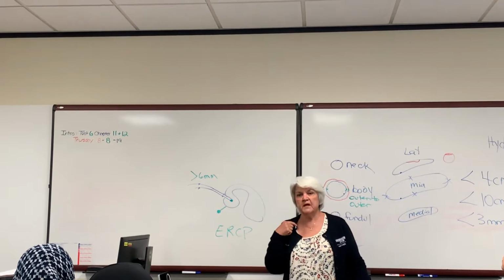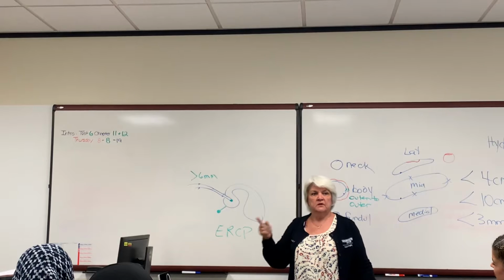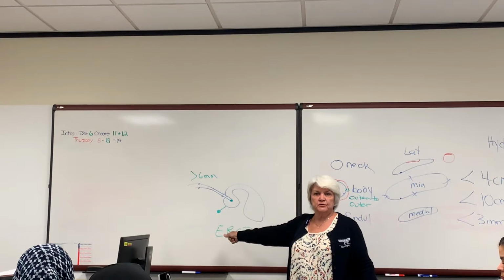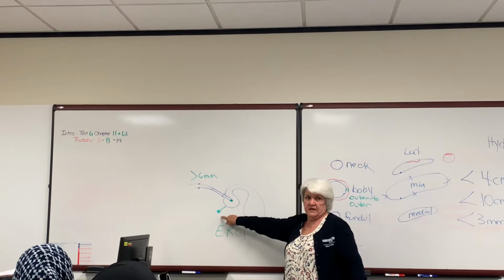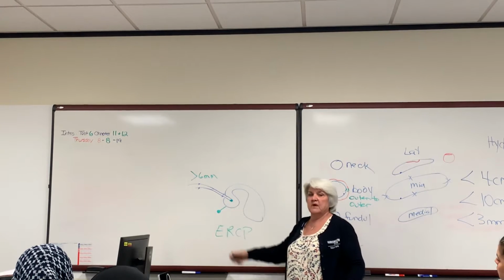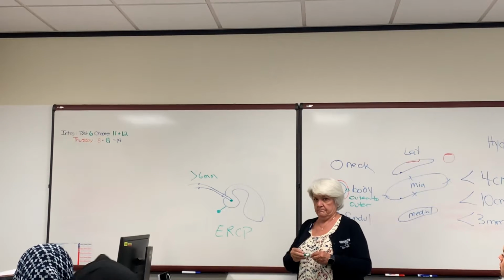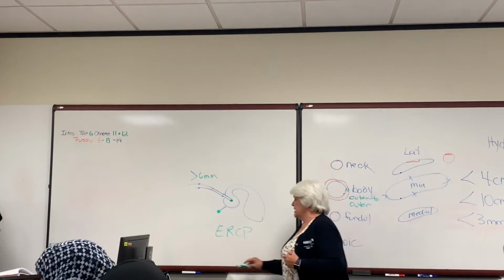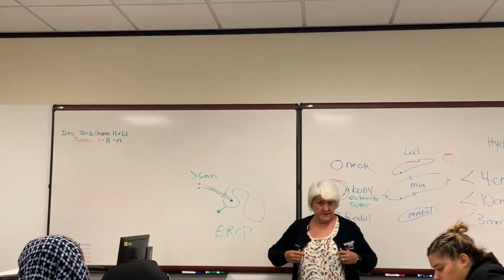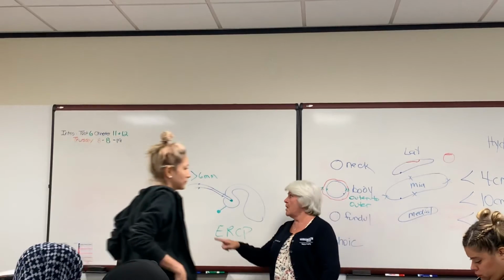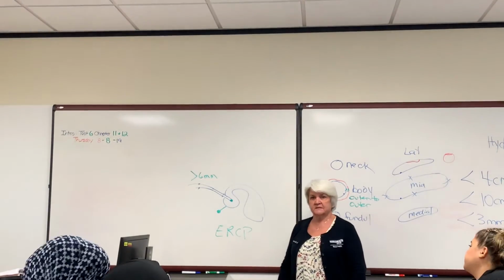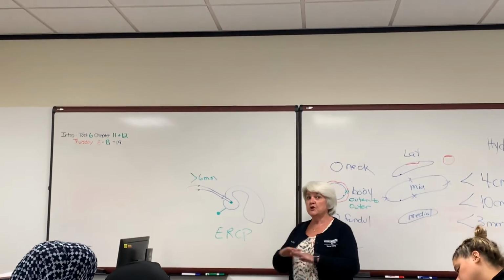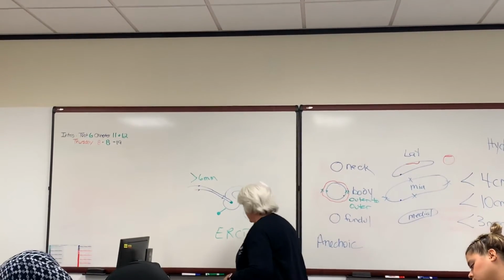They're going to put a tube down your mouth. They're going to go in through your stomach, into your duodenum, and they're going to look at this area right here to find out if you have a stone there. Okay? So I'm going to try my hardest to find out why your common bile duct was greater than 6 millimeters. No matter what,